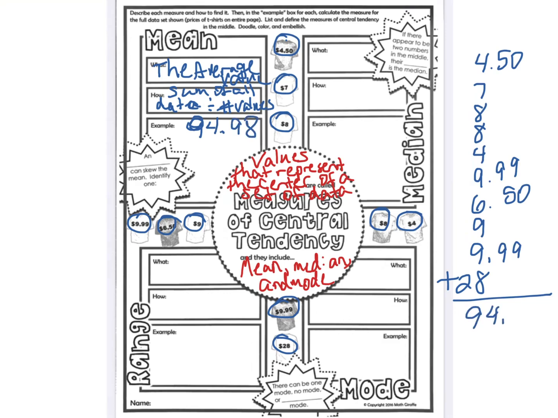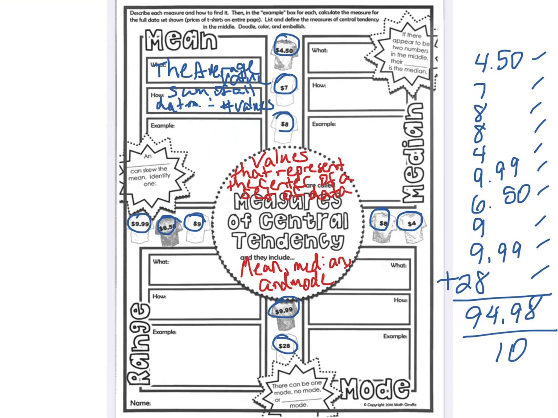So $94.98. Okay, and then we have 10 values of data. 1, 2, 3, 4, 5, 6, 7, 8, 9, 10. So that's our number of pieces of data. So we need to divide 94.98 by 10. So when we divide that by 10, we end up with,